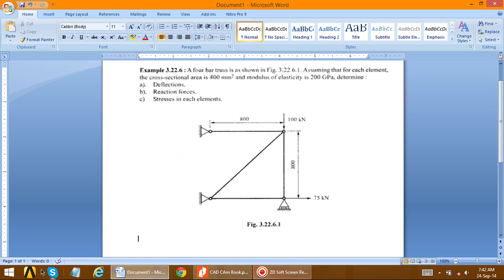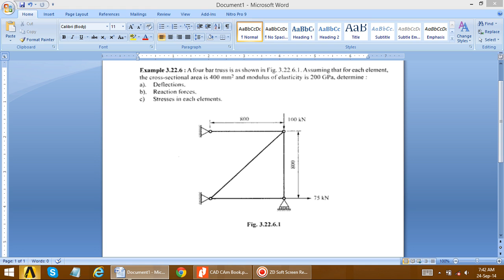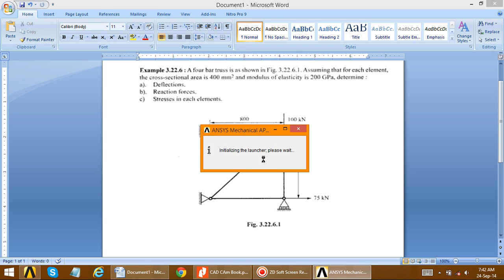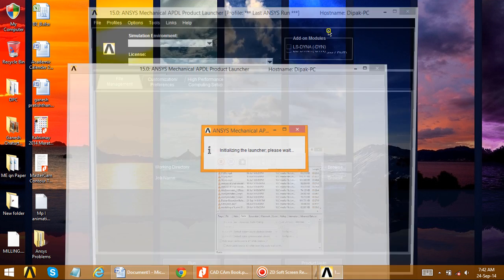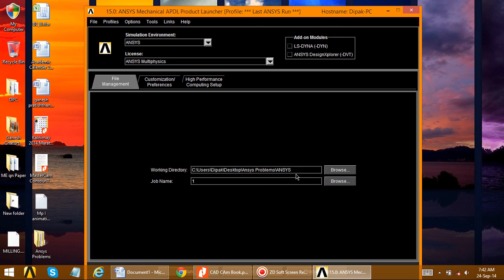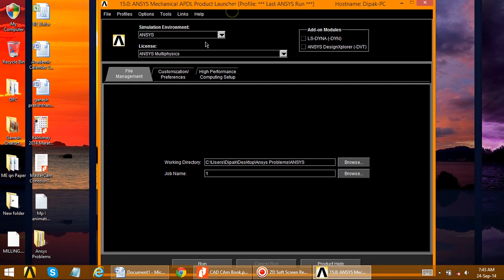So just start ANSYS APDL. We create one folder on the desktop and the job name is 1. Select ANSYS environment and license ANSYS Multiphysics. Run this.